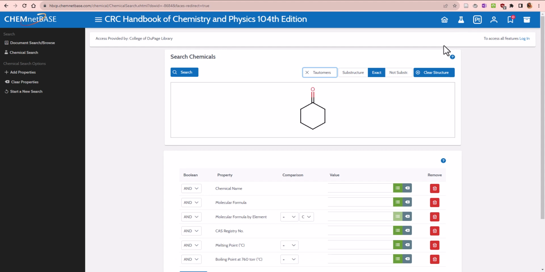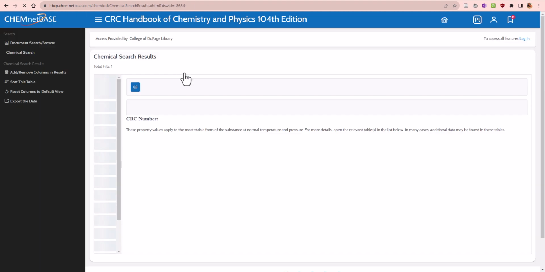And you'll see CRC tends to do a pretty good job of remembering your searches. So if you are ever searching for multiple compounds, remember to come back and clear your structure so you can wipe the slate clean and get started again. And this time, like I said, I'm going to search by CAS number. And so for this one, I'm going to search by 108-94-1, which was the CAS number we just saw when we were looking at our table a moment ago for the compound I just searched for by structure. At this point, when I hit search,